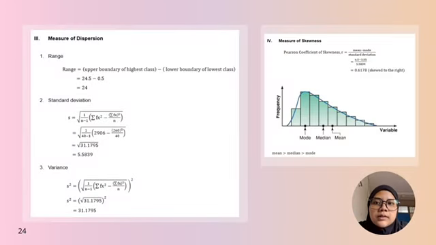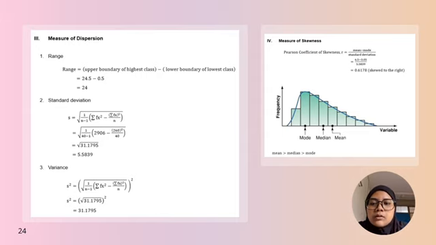Okay, so this is how we calculate the measures of dispersion. For range, we use the upper boundary of the higher class minus the lower boundary of the lower class. So the answer we got is 24. For standard deviation, we use the standard deviation formula. So the final answer we got is